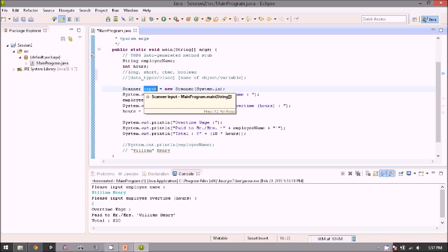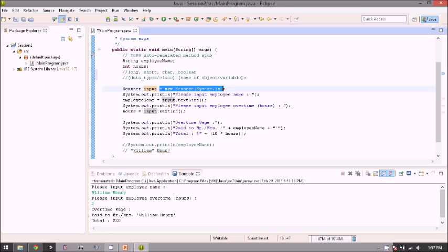It's just an empty object. So with this equals new scanner system.in, the input will have something in the object. So this one was used to initialize the input, so we can use the input like this, input the next line and other things.